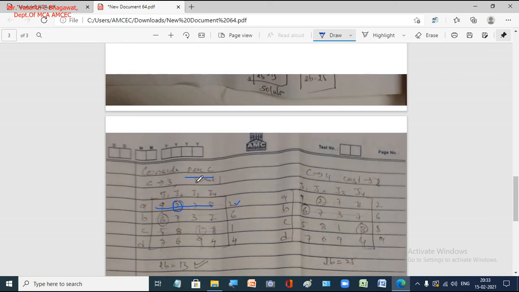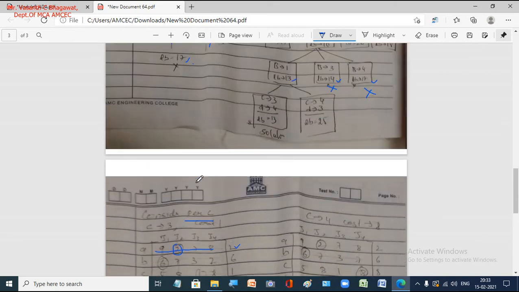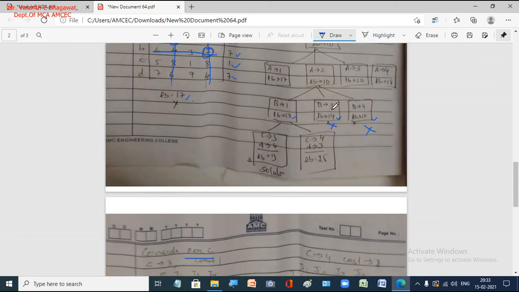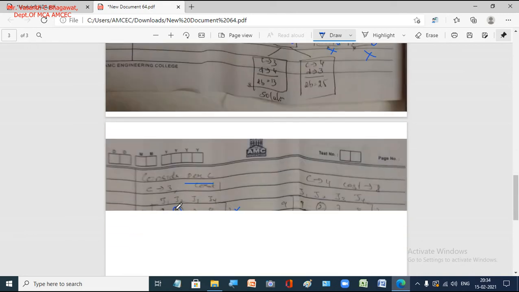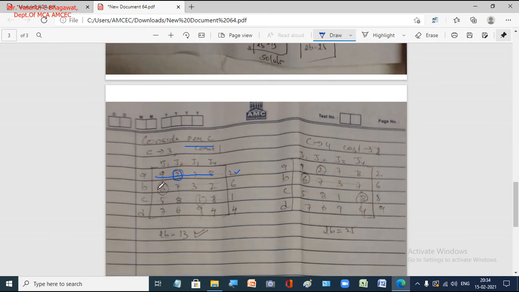For person B, which job have you fixed? Now you check this particular graph. So for person B, which job have you fixed? Job 1, because that gives you the least lower bound. So job 1 is fixed to B. Now what is the cost you are going to get? You are going to get cost as 6. So now 2 jobs are completed.